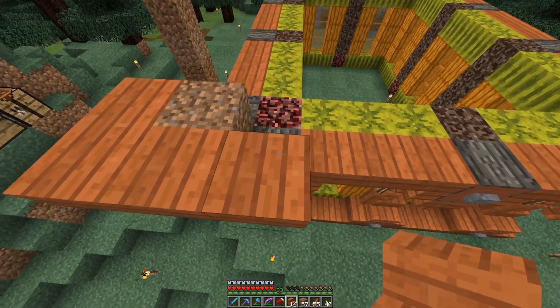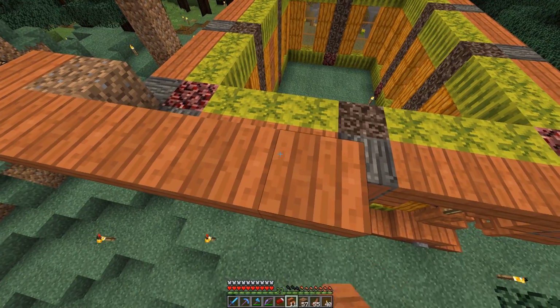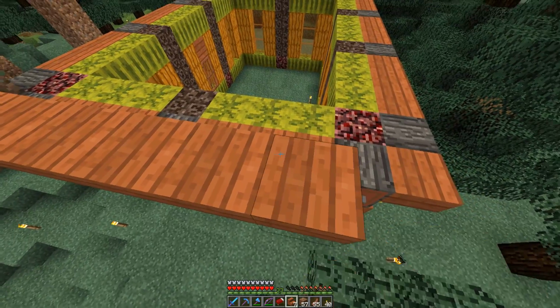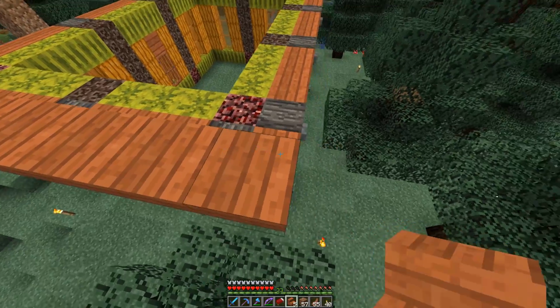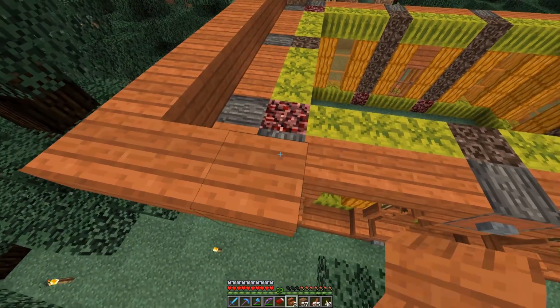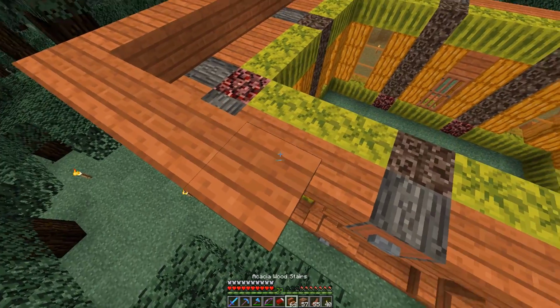All right, ladies and gentlemen, here we go with the roof structure. We're going to start with some upside down stairs like this all the way around. And doing those fences and gates, the point of that, usually in a more serious build, you will actually add fences and gates to it to, again, break up the monotony of a single plane of a particular